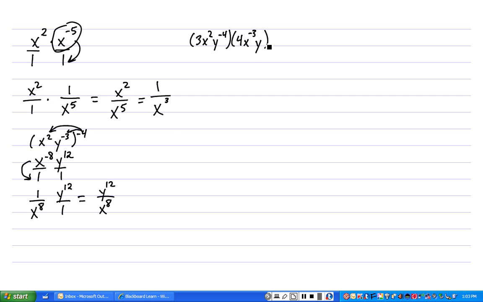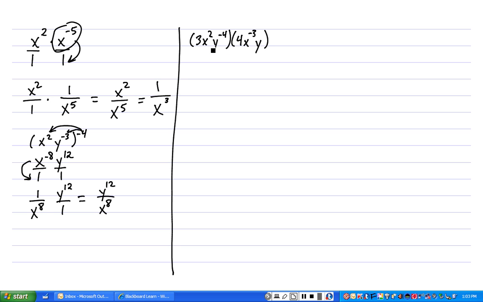Alright, now we're doing some actual multiplication here. You have a 3 times a 4, that's going to give you a 12. Alright, you have x squared, x to the negative 3, you have y to the negative 4, y to the positive 1. Personally, I suggest before doing the multiplication that you set these up so that all the exponents are